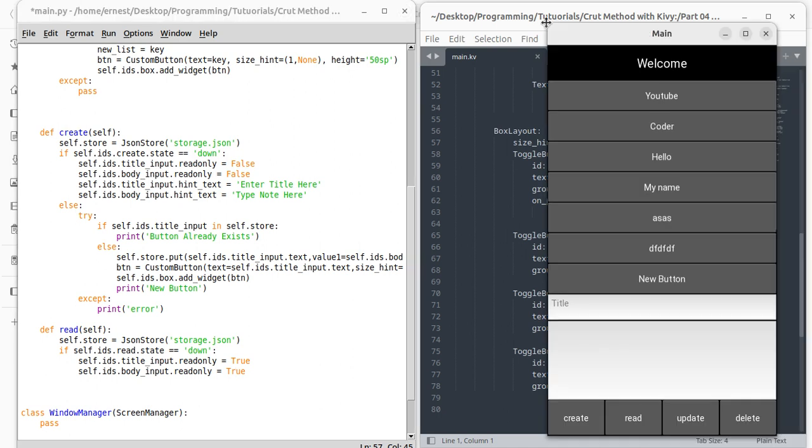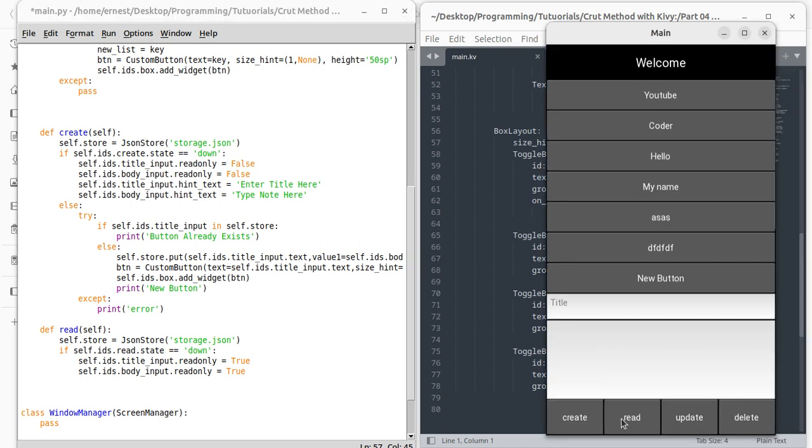Just to explain, this means when we press our button and the state is down, this will become read only. But we don't want to just make this read only, we also want to display the data, and we want to make sure the data displayed is only the data we want. So let's go on and say if,